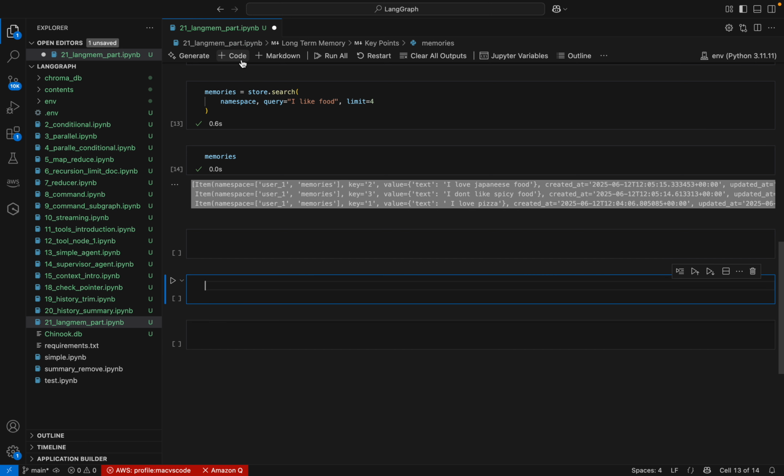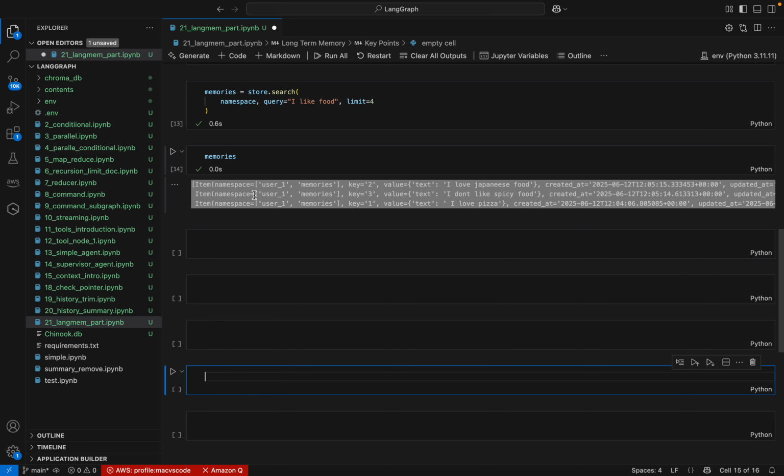Now we can see how we can implement this with LangGraph. I believe that everybody understood this particular concept. Then we will see how we are going to implement this in LangGraph. For that we can build a very simple LangGraph. Let me